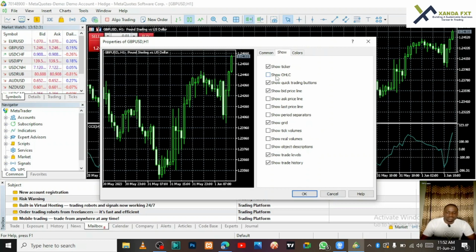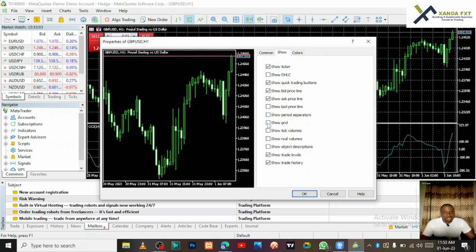Once you tick Show OHLC, it makes all those things available on your chart. Once you click on Show Ask Price, your ask price will be shown. Now, Show Grid. Normally when I'm trading, I don't like my grid, I like removing it. You can see as we are doing it, you'll be seeing the changes at the corner of the screen showing you what you are doing.